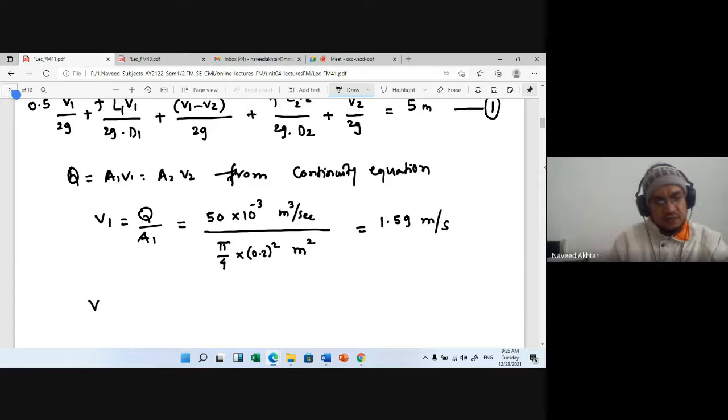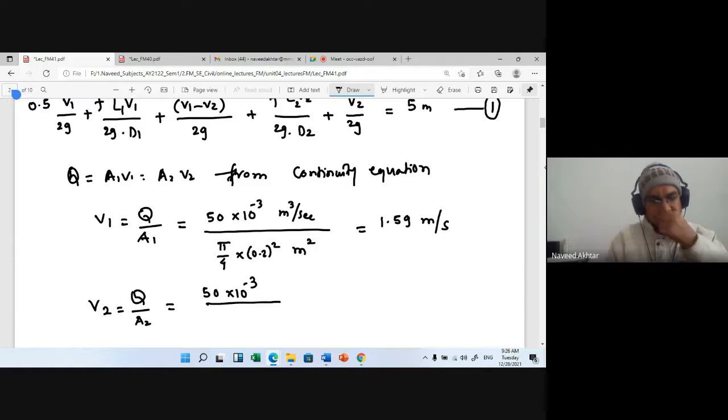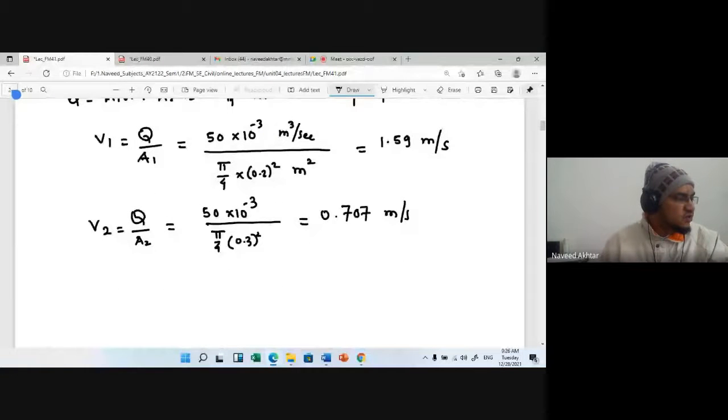Similarly, from the continuity equation, you can find out the velocity V2, Q upon A2. The discharge will be the same, there is no change, pipes in series. Then pi by 4 into diameter of pipe 2, 0.3 square. So when you solve, it will be 0.707 meter per second. So velocities V1 and V2 we know. Now this value of velocity we put in